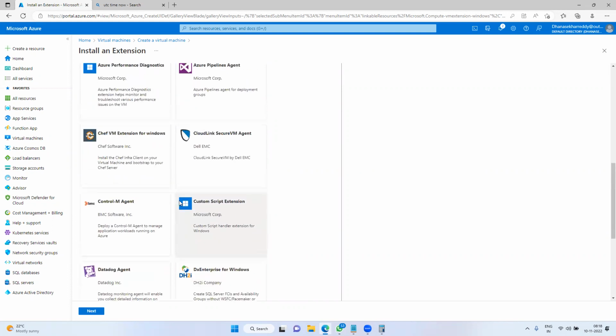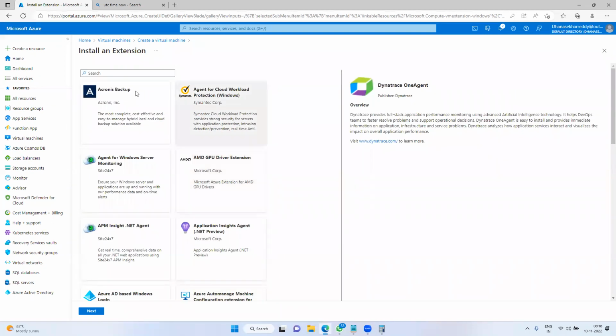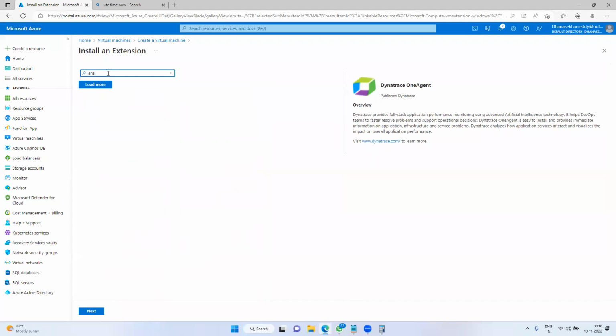In the same way, we have n number of tools, and each tool we can use for a different purpose. For example, you would like to install Ansible. Ansible is not there, Chef is there. These are the Chef VM extensions. Assume that you are using this server for DevOps. If you would like to install Chef, you can install the Chef client on top of this virtual machine.